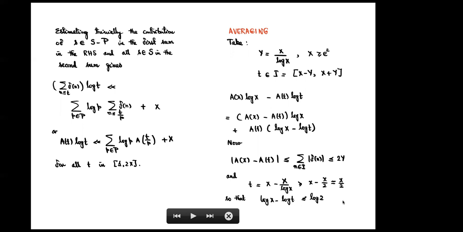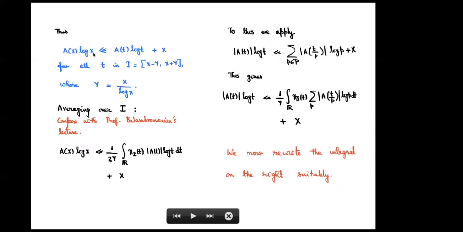So that log x minus log t is less than or equal to 2. Okay. So if you use the trivial bound for at, which is less than or equal to t, you see that this whole thing is less than 2t, the second term, and the first term is less than 2y, which is x over log x. So you conclude